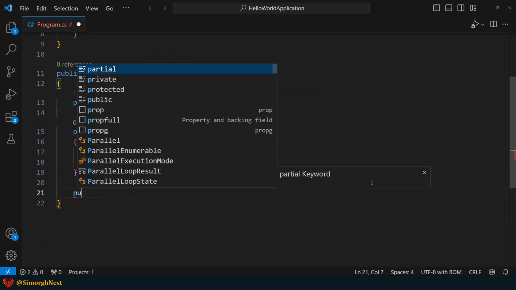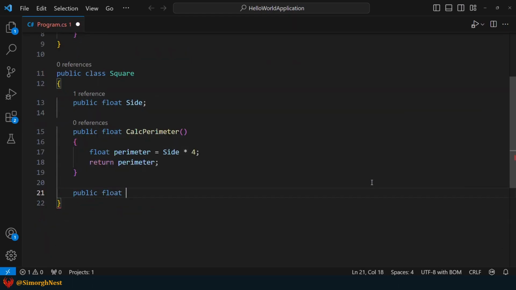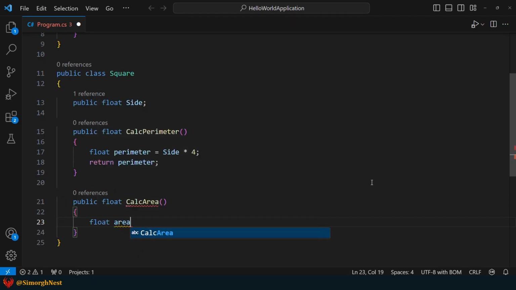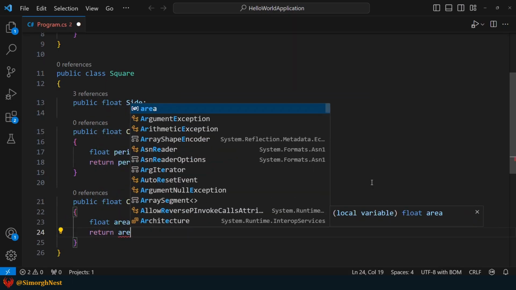The second method we'll define is calcArea, which calculates the area of the square. Inside this method, we'll declare a variable or local variable named area and assign it side multiplied by side. Finally, we'll return the area as a result.